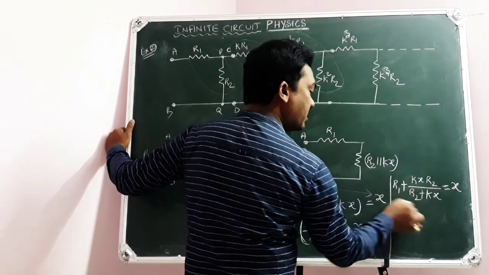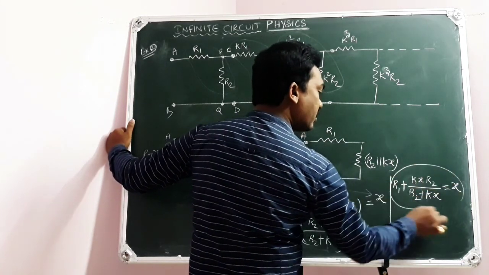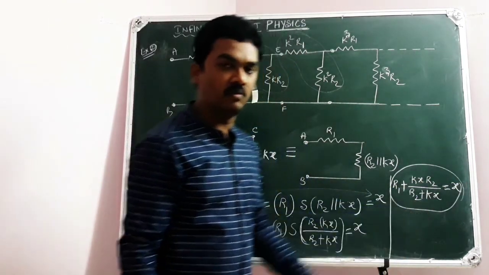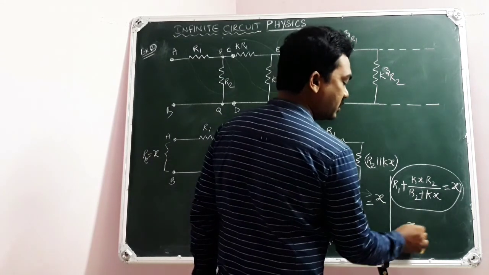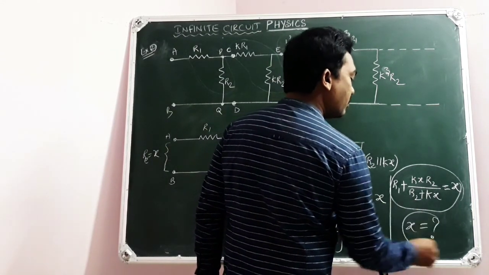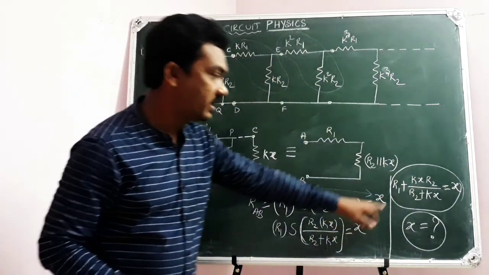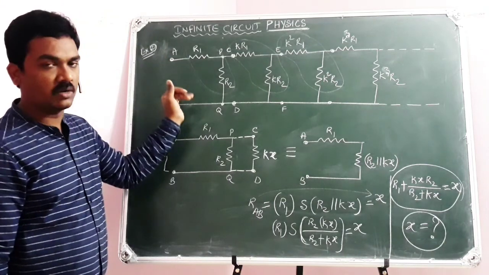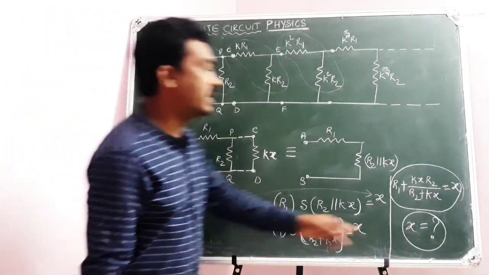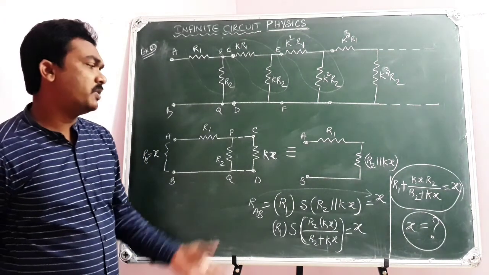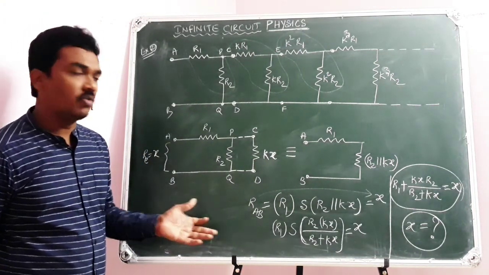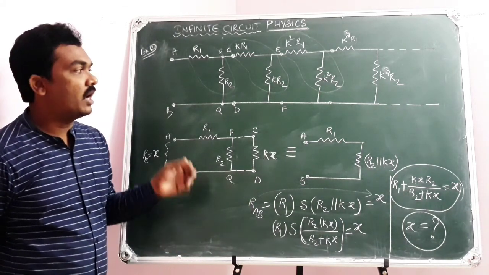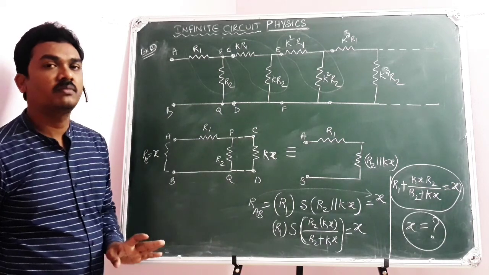Now this equation is to be simplified. On taking this second term to the right side, this equation is to be simplified. What is the variable in this equation? X is the variable. You will get a quadratic equation in terms of X, and this equation is to be solved for X, where X is the equivalent resistance across AB. I am not dealing with the entire calculation part. Suppose for some time K equals 1, K equals 2, K equals 3, something you suppose, and you can continue the solution. If you have understood the concept, that is enough.